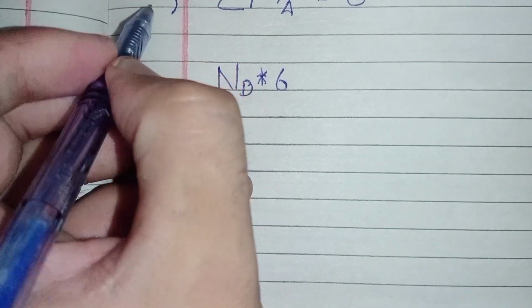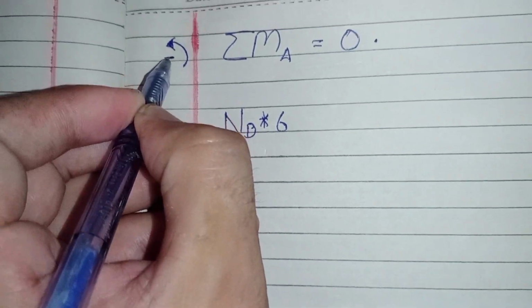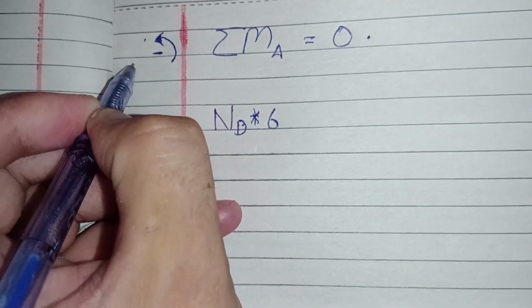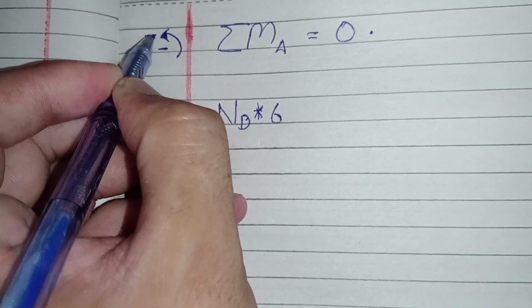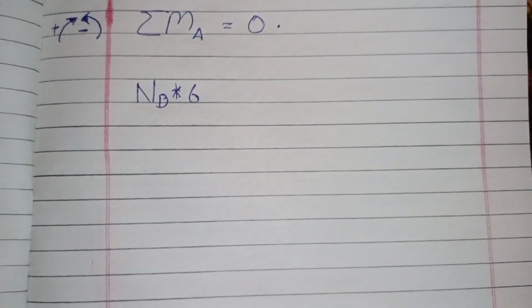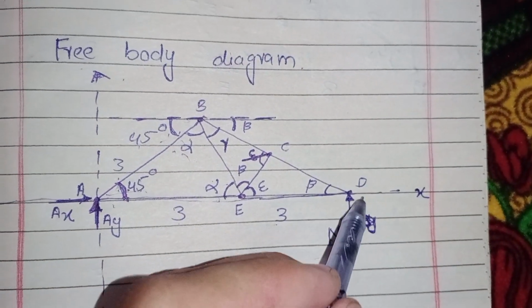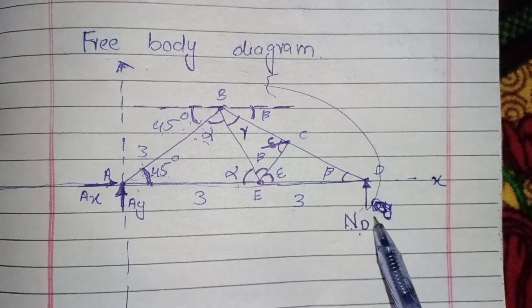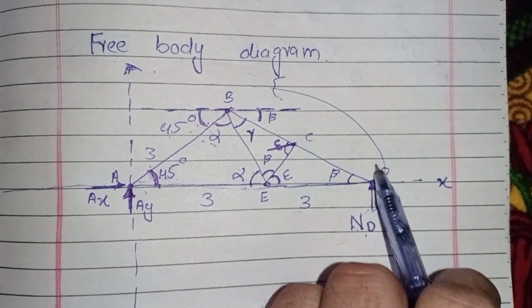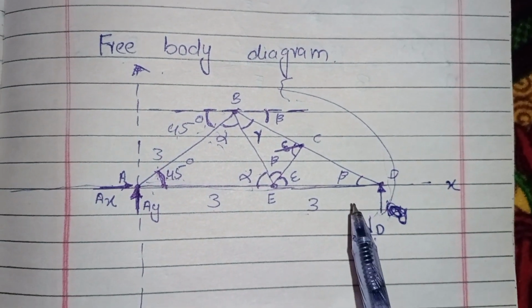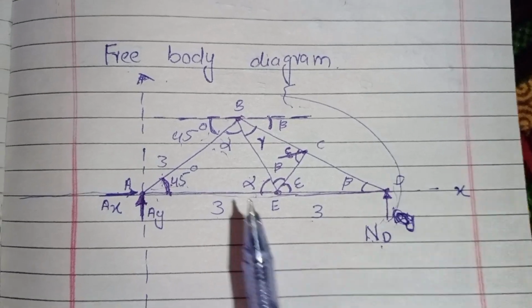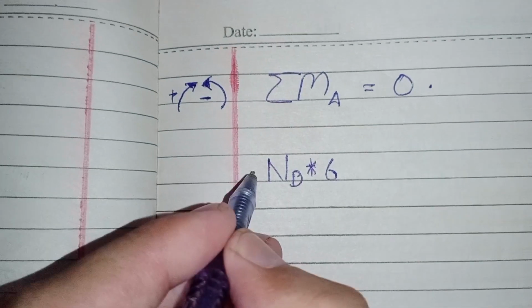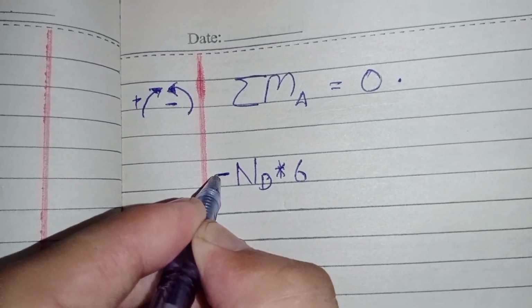Anti-clockwise will be negative and clockwise will be positive. So this is anti-clockwise because it goes like that. This force tries to rotate this truss anti-clockwise, so I will take the sign as negative,